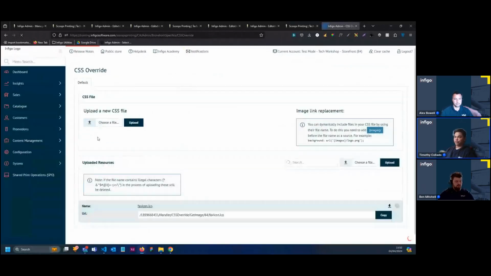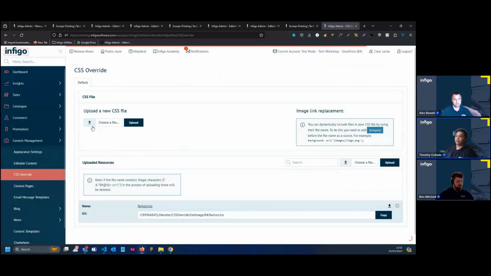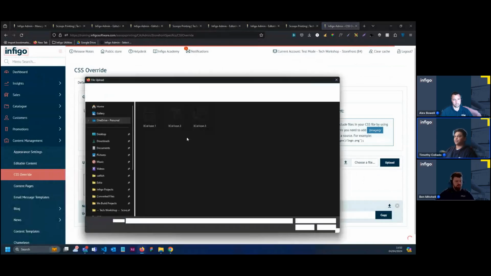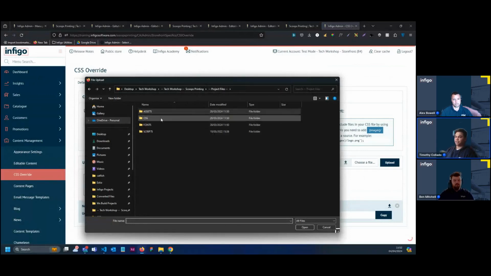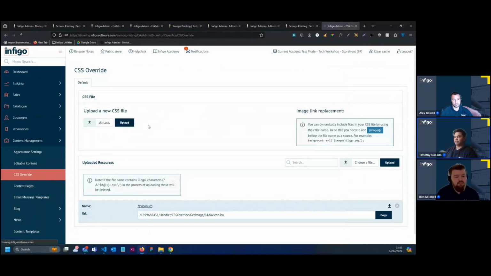Once you're on the CSS override page, you can upload your CSS file. For that, we'll go back to assets, project files even, and then click the CSS folder. In there, you should have a CSS file called skin, and then we can upload that. Once that's been uploaded, you can clear your cache again and then click on Public Store,